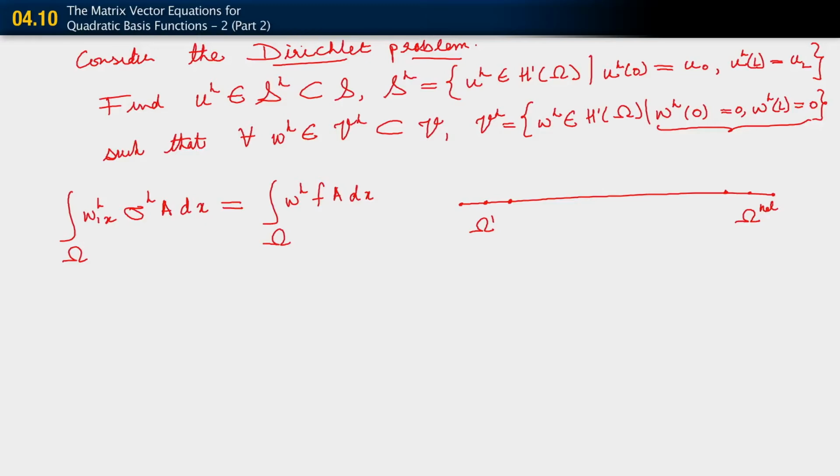We know that the sort of basis functions we'll be considering inside here are that and that on element omega 1. Here we will have that basis function for the mid-side node and that basis function for the first node of that element. Observe